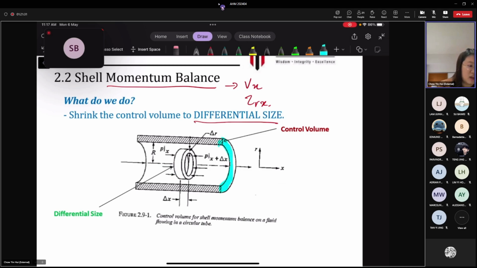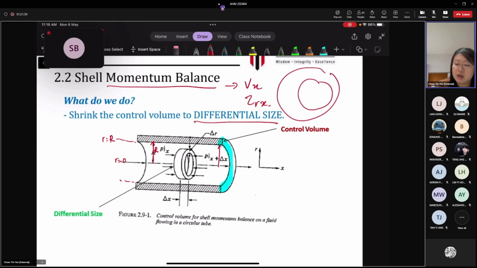Okay, let's say this is the pipe wall, and it has an inner radius of R, as written here. Here is the boundary r equals 0, and this boundary here is r equals R. Now, when we analyze at the microscopic level, as you know, when fluid flows in a pipe,